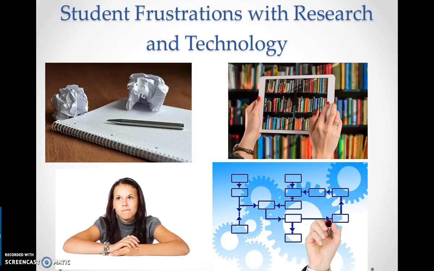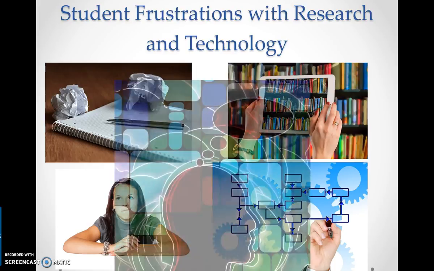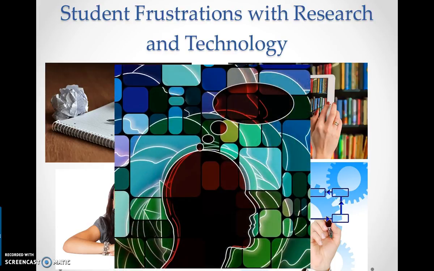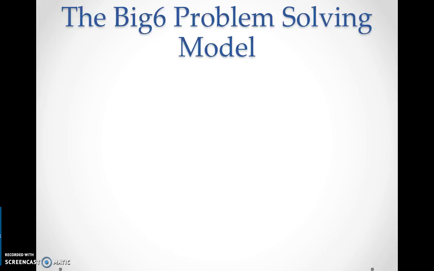The final thing that frustrates me when I'm trying to work with students in research and technology is that the students often don't reflect on their product or the process. In their mind, it's just to get the project done, and then they don't really want to think about it anymore. So the Big 6 problem solving model actually helps with all of these frustrations that students and teachers and